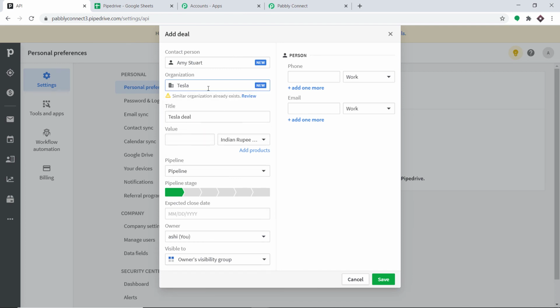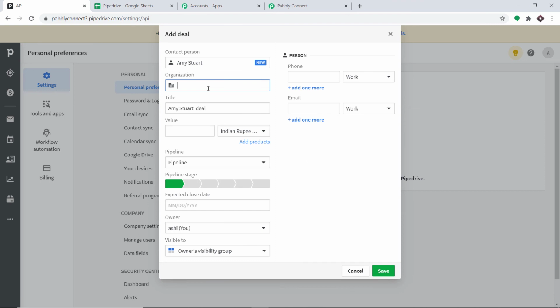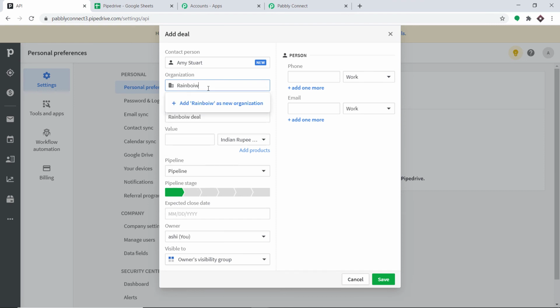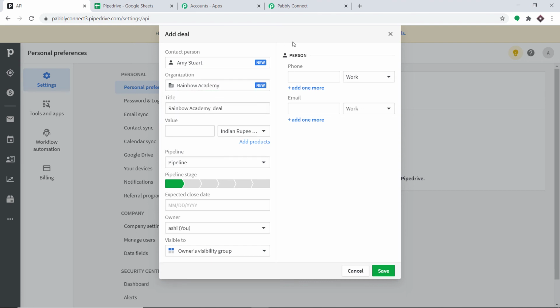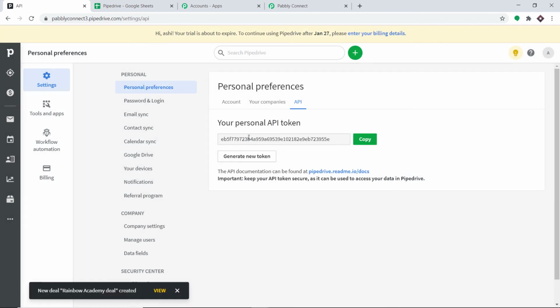How about we go with Rainbow Academy, some random organization, and then the value is 100 or 1000. And the phone number of this person is this, and this is the email. So we entered the email, and we are ready to create a deal. Just click on save.